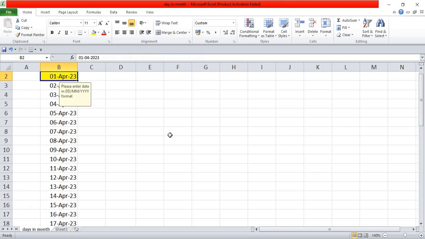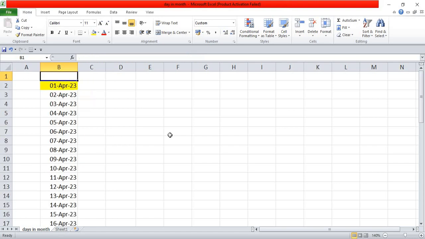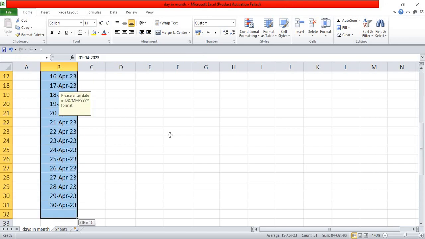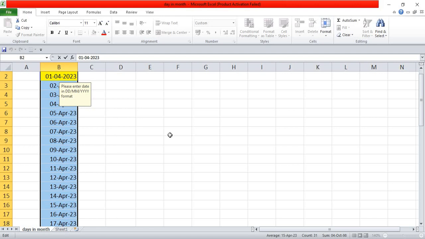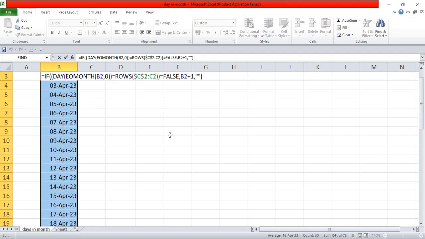Now my simple question to you is, how many maximum days are there in the month? 31st, right? 31. So I'm just deleting this value error which is appearing here, and we'll take care of this, don't worry. So we are having this formula which is copied for 31 cells, right? And to get rid of that error, I'm just selecting this entire range where that formula is there, and I'm pressing F2,